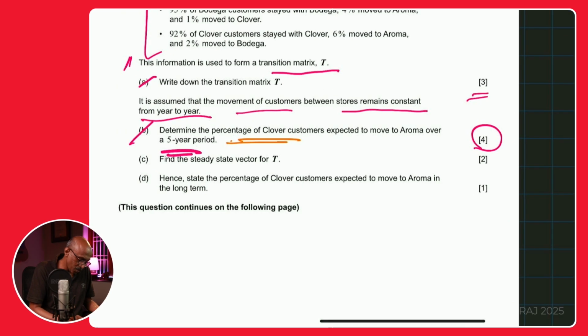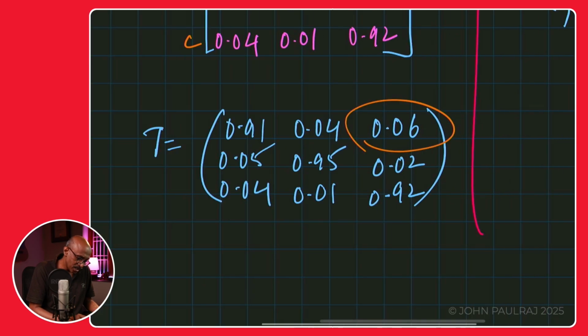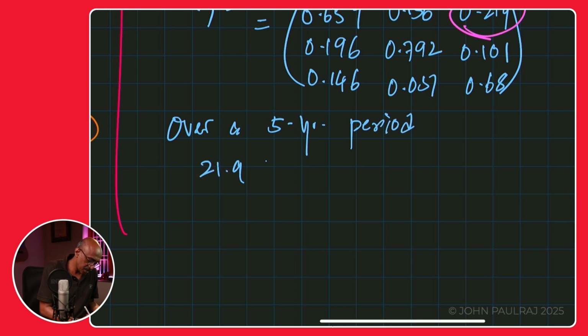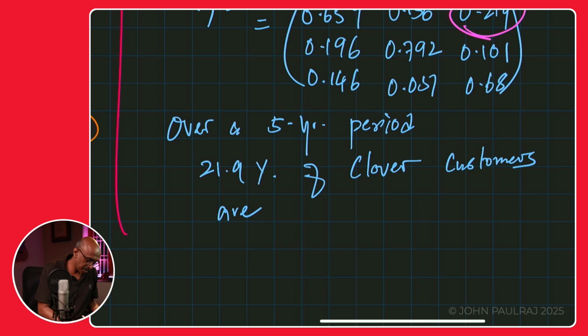So we'll say over a 5-year period, what's that? 21.9. So we can write it down as: over a 5-year period, 21.9% of Clover customers are expected